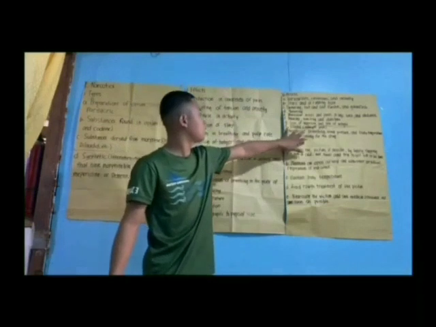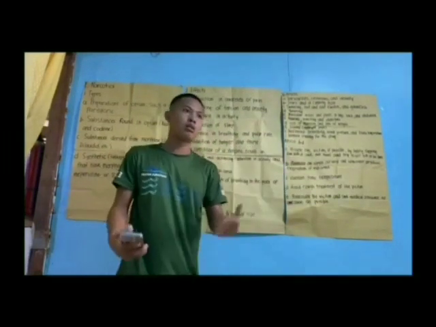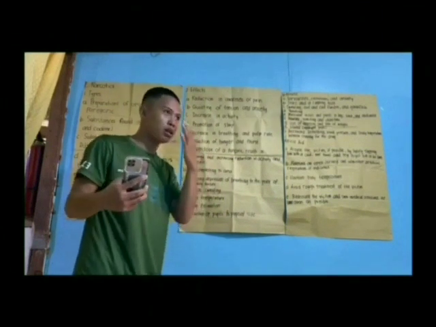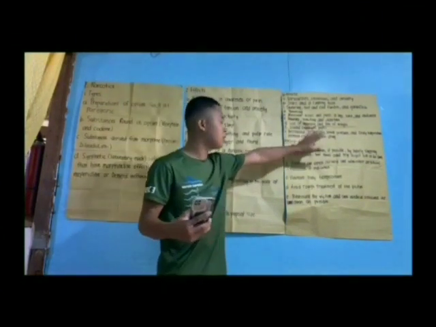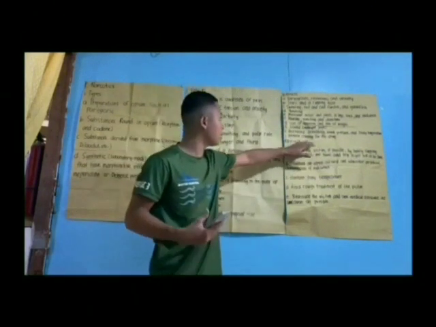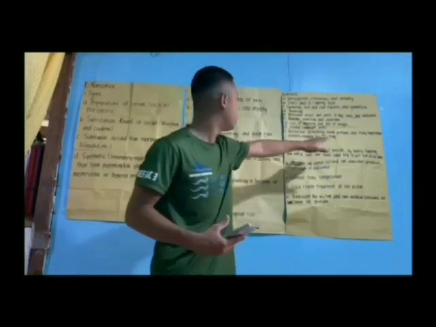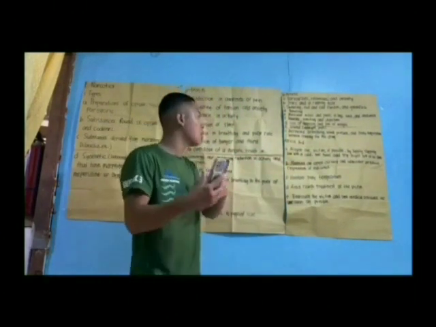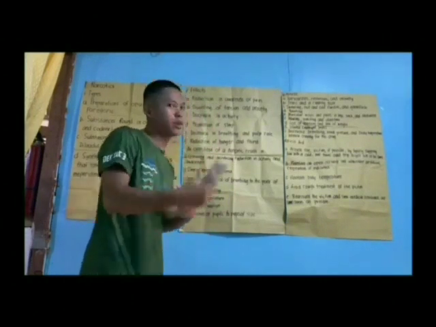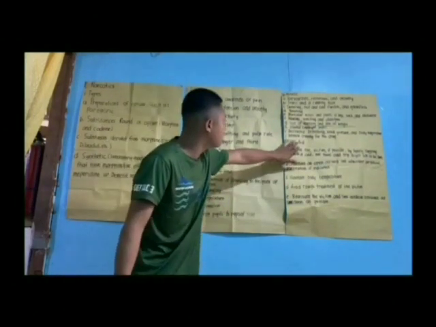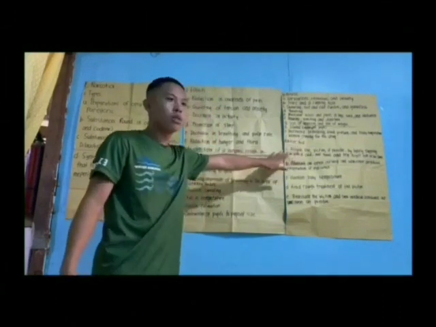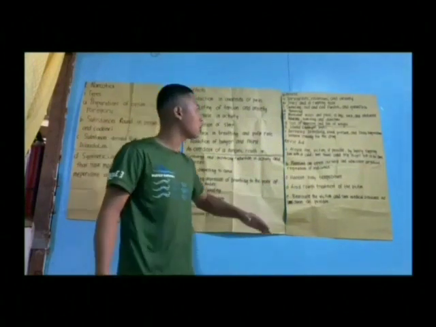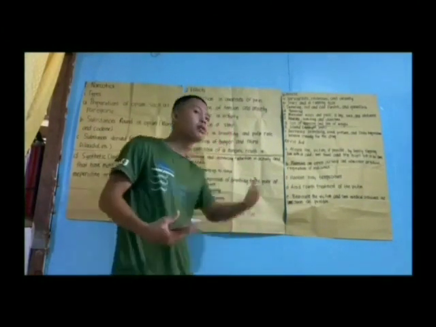Then next is dilated, enlarged pupils, so the pupil in the eye enlarges. And increase of breathing, blood pressure, and body temperature, so breathing is faster, blood pressure rises, and body temperature is no longer controlled. Then next is intense cravings for drugs, so you keep looking for that type of drug and keep craving it because you abused it.